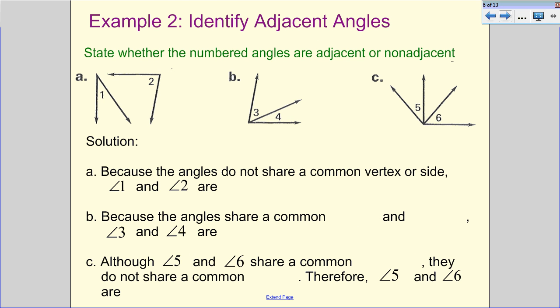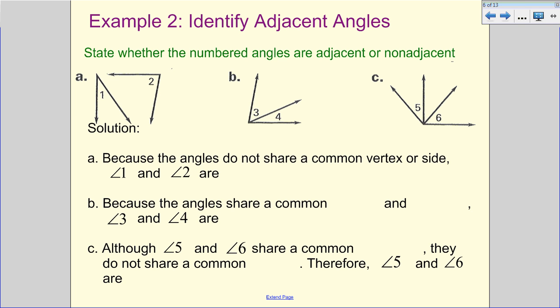All right, now we have to look at this definition of adjacent angles. That was the second set of definitions that we gave you after we defined supplementary and complementary angles. So we want to look at whether the two angles are adjacent or non-adjacent. So it's either a yes or a no for that. So when we take a look at this,